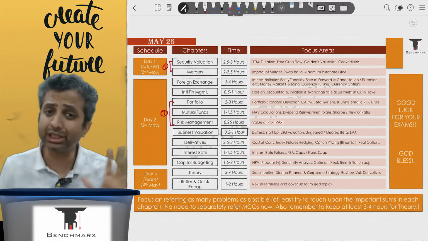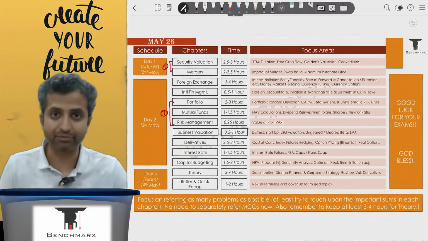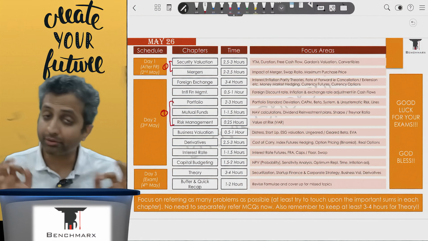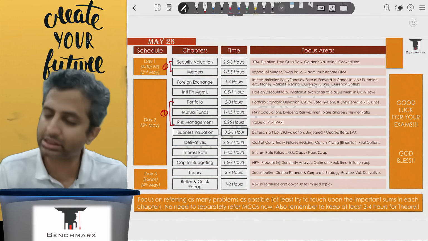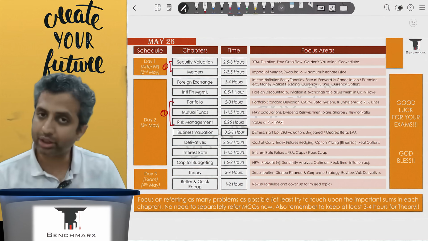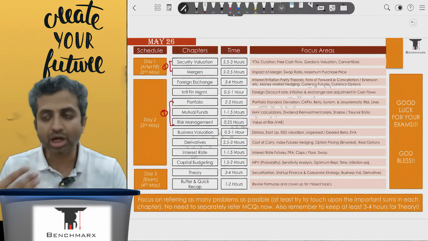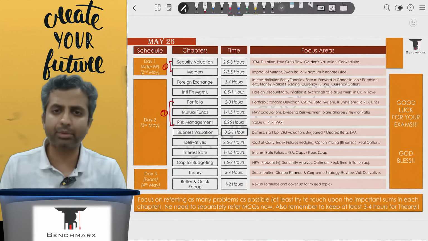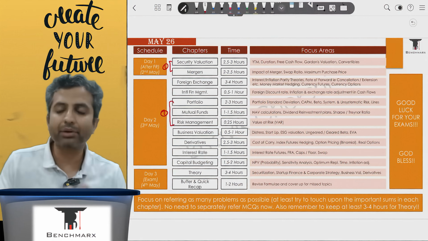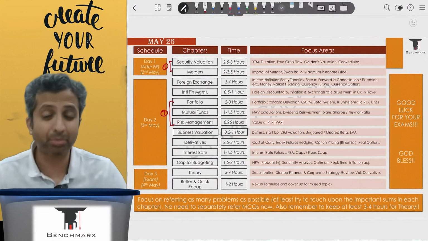So do I study each and every question? I don't think you have enough time. Do I need to look at the LDR important questions? Yes. Do I need to look at important adjustments that I've marked? Yes, you should do that. Try to cover as many concepts as possible, because your AFM typically will have around 400-500 problems.